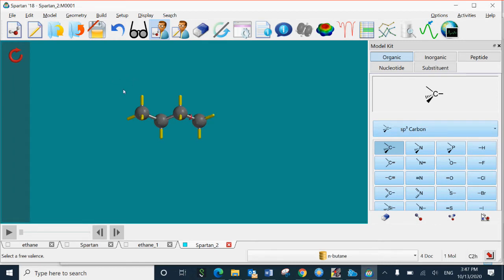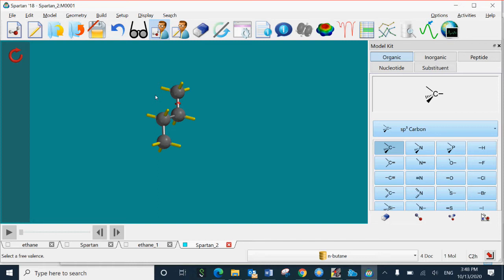So in this way you can get 4 carbons. It's n-butane, and you have learned that the 2 main conformations of butane are anti and gauche. So you need to find the strain energy associated with these 2 conformations. So let me go through the first one.